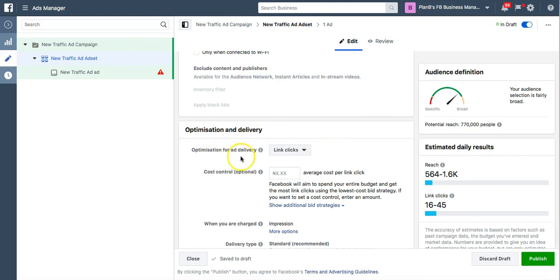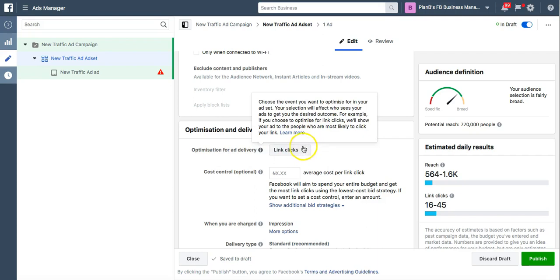So then, optimization for ad delivery. Let me just use this opportunity to explain this area. When you are doing any ad that is not a conversion, the conversion ad is the best form of ad you can do, because it is the most quality type of ad anybody can do. Every other ad, including traffic ad, the data is always not so pure. There is always some level of impurity in the results you are going to have. There's always going to be some form of ambiguity and confusion in the results you are going to have. But for you to sieve and filter the impurities away, you can come here and tell them